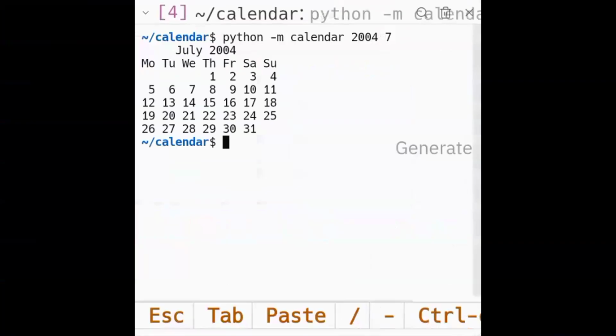So I showed you three different things. First, using your main.py, the calendar for the month, then the calendar for the entire year, then using the